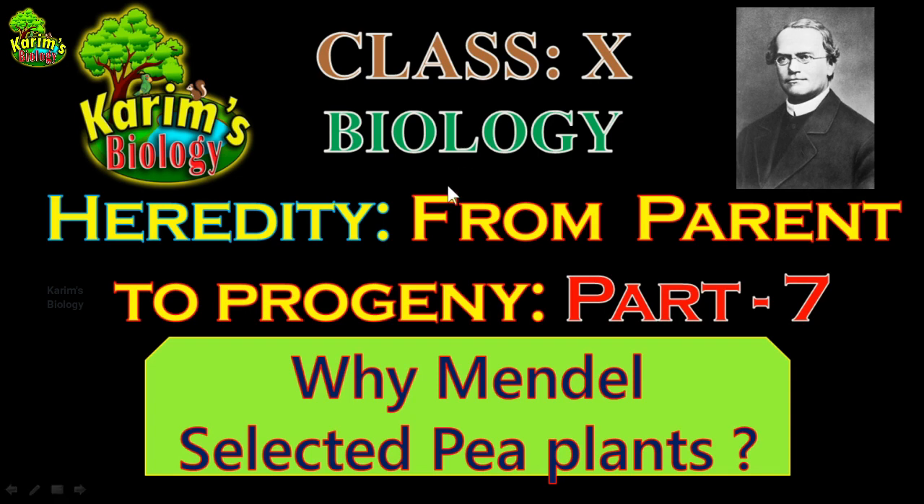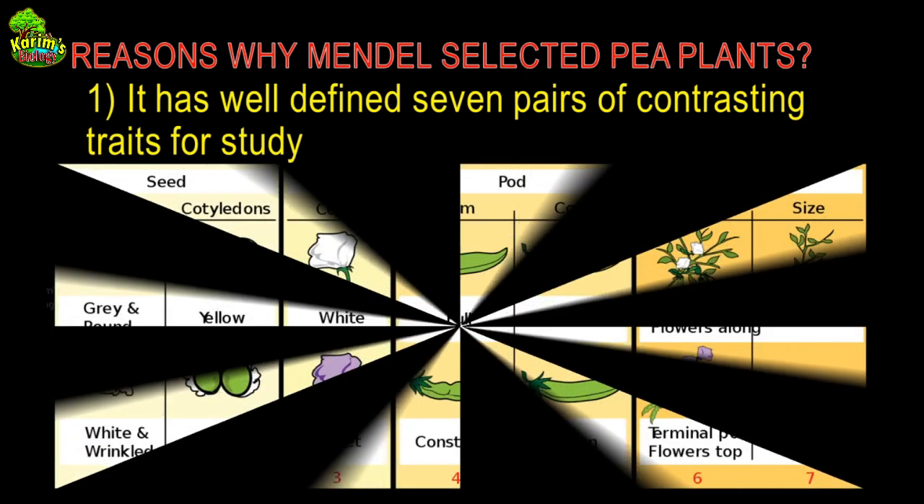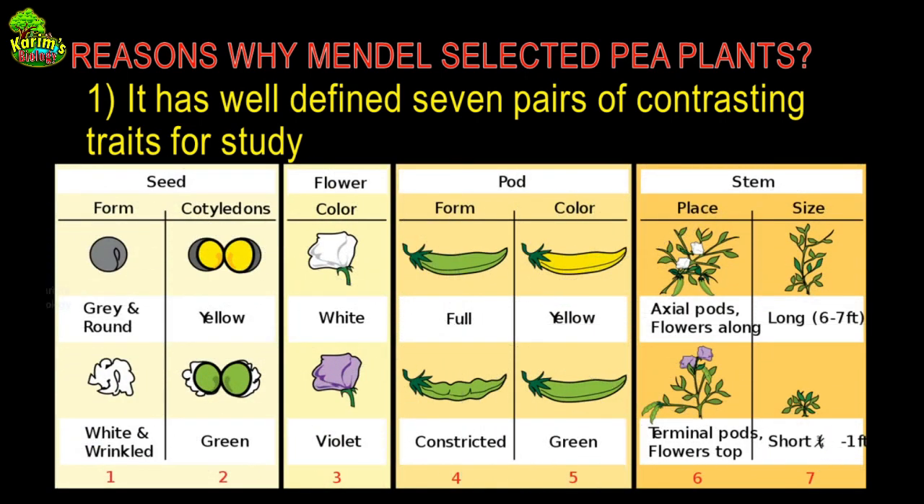Definitely there would have been some advantages because of which he selected these pea plants. Let us see what they are. So, reasons why Mendel selected pea plants. The first characteristic, which we already knew, is that it has well defined 7 pairs of contrasting traits for study. We have seen this in the previous session, that there are 7 alternating pairs of traits